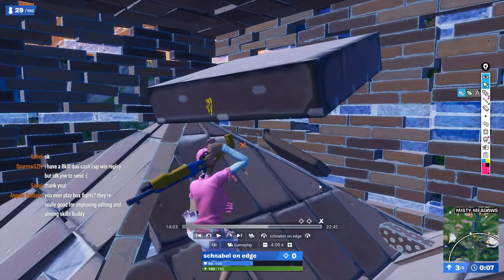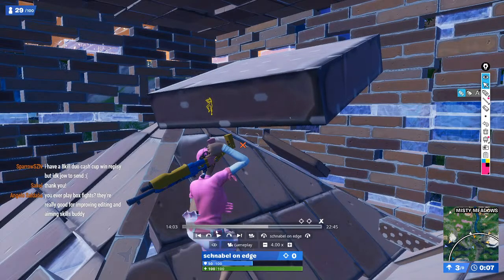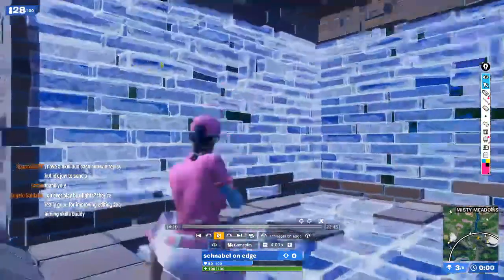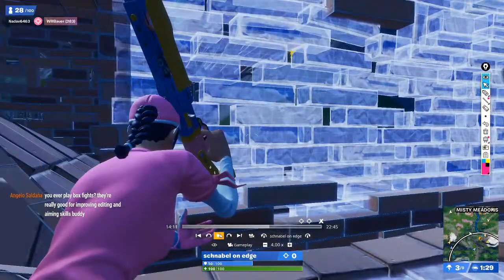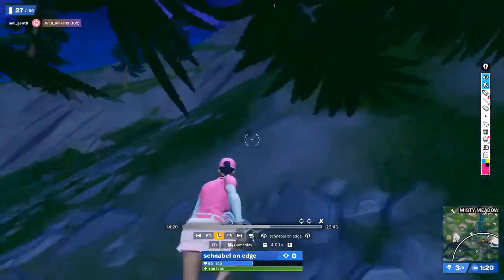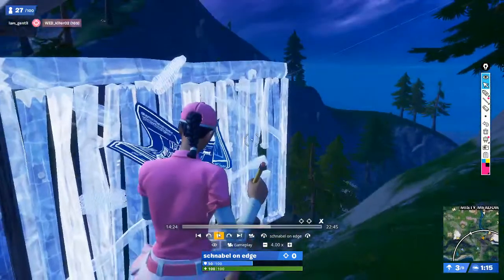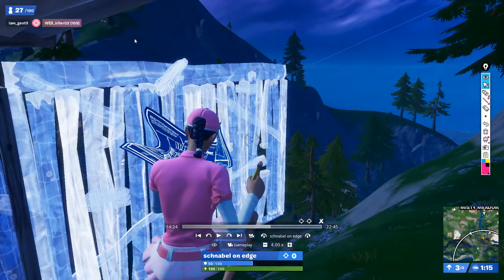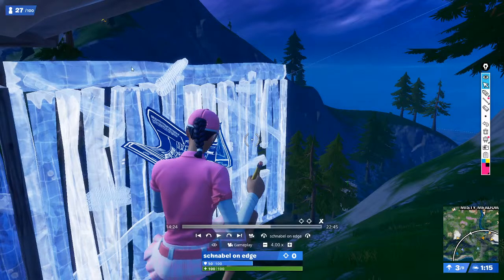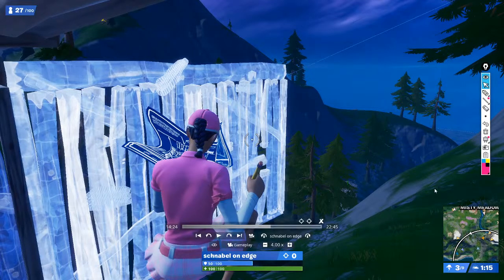So, like I said before, you don't want to be in this valley. You got really lucky that this guy didn't hard engage on you. So now you're trying to get vision, expand a little bit. Okay, good. You're using the old builds to escape. The problem is you didn't know that that guy left. You didn't know where he was. So you have to play more safe. What you could have done here, I think, was...